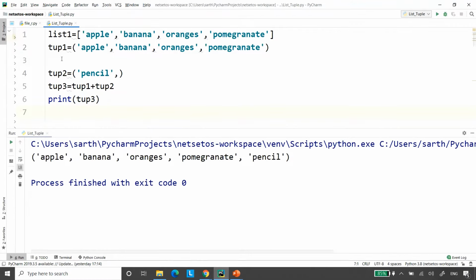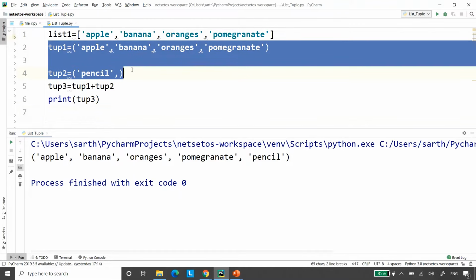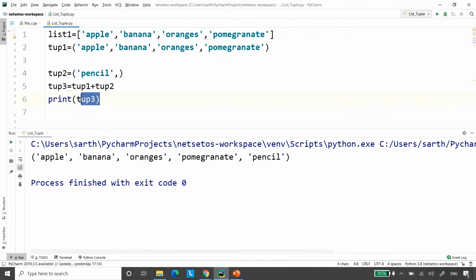Yes, it joins both of the tuples and a new tuple is created with the help of existing tup1 and tup2. That's why in a tuple it's not allowed to modify in place, whereas in a list, we can modify in place. That is the basic difference.